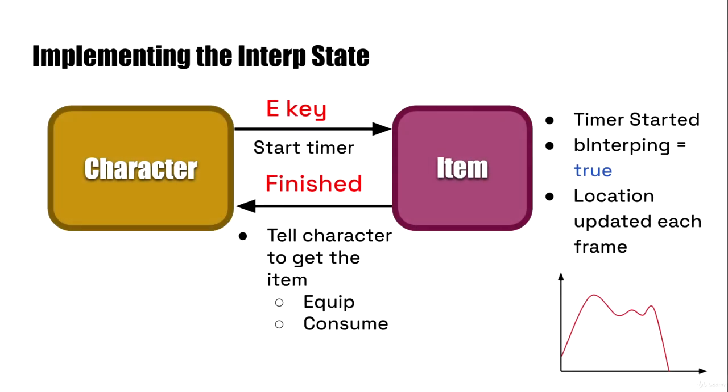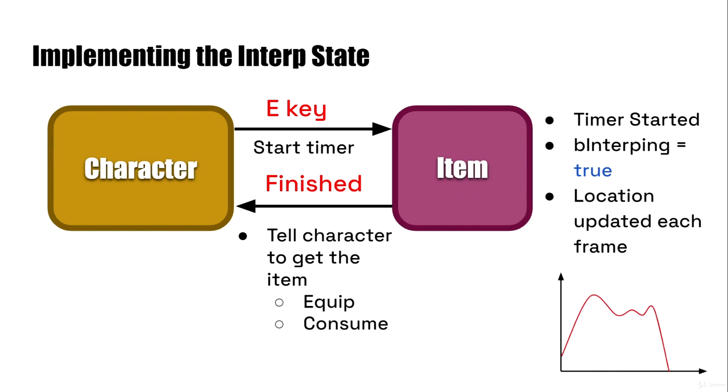Okay, welcome back. Now, we just created a function on the character that can return the camera interp location. That's going to be the target destination for the item when it's flying up in the air. Now, according to our diagram here, as soon as the item is done interping, meaning that it flew up into the air, it hovered there for a second, and then it dropped back down,